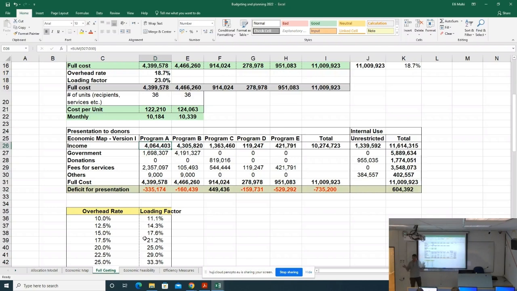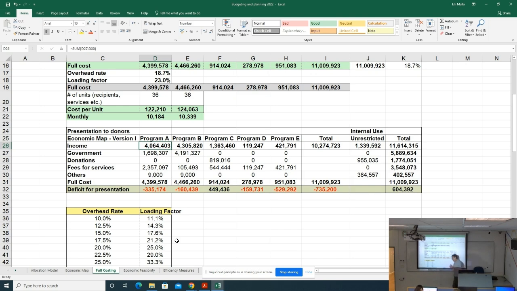But again, from our internal point of view, assuming that we don't have such huge reserves, and that is the case with most non-profits that I'm familiar with, they have the opposite problem. They have negative working capital, so they are not in the situation that they have a reserve. If we want to create this reserve, we need to dedicate the unrestricted funds to a reserve and present the budget to donors in this way. But what I've presented here is an ideal situation in which I have this presentation and I come to my donors and I present the full cost and I want to raise, or fundraise, the difference. But the real world is a little bit more complicated,